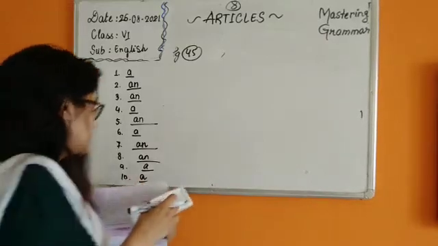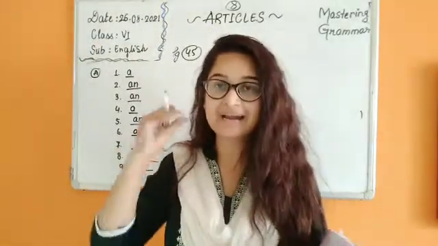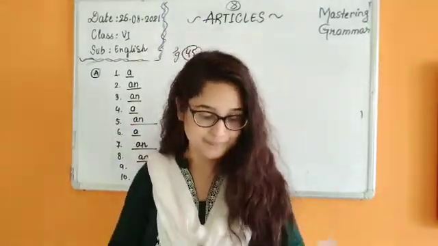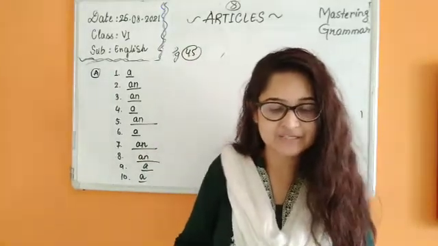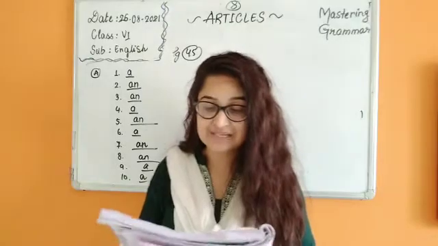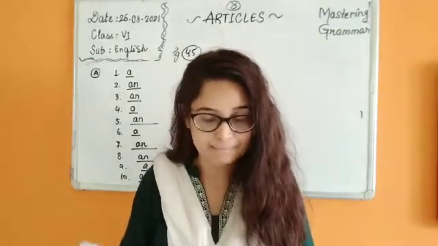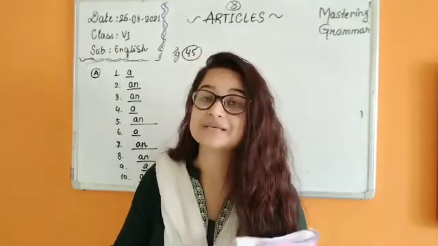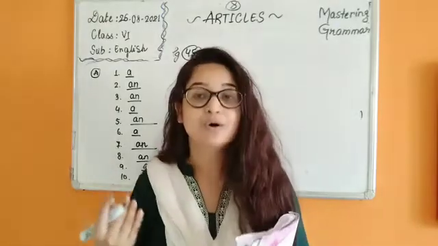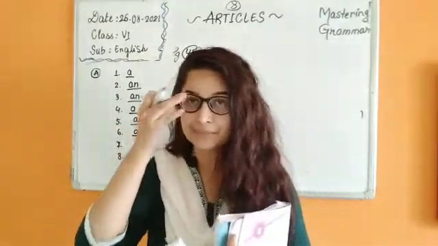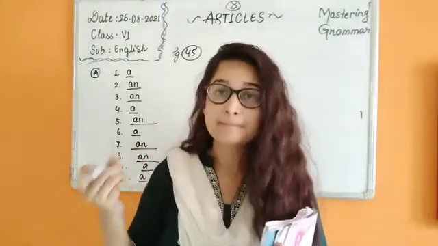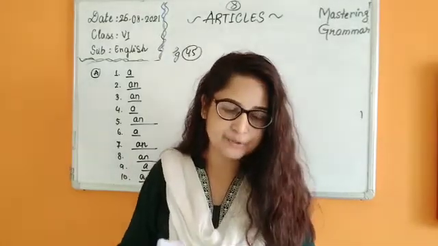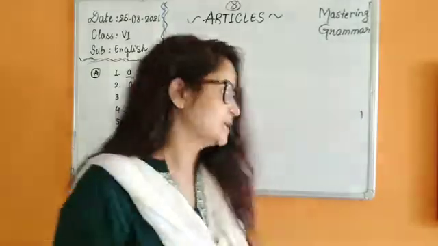Now, children, we are done with a and an. I hope you understood it. We are moving towards the definite article now. The. Okay. The is the definite article which indicates a particular object, thing, or person. For example, the book that you gave me was interesting. I am talking about a specific book. Although it's countable, and I am referring to this singular noun, we are going to use the. Why? Because we are talking about that particular book. So, the book that you gave me was interesting. So, the here.